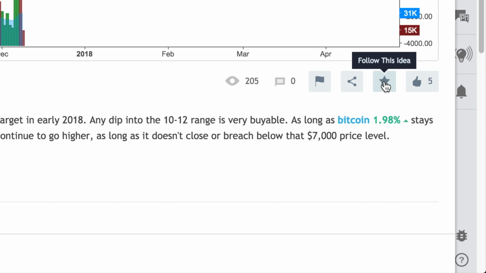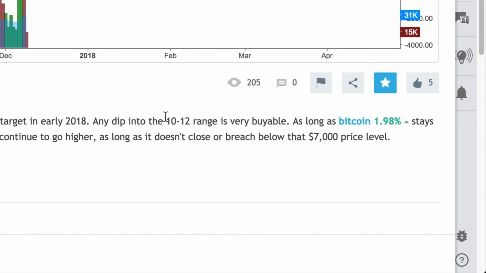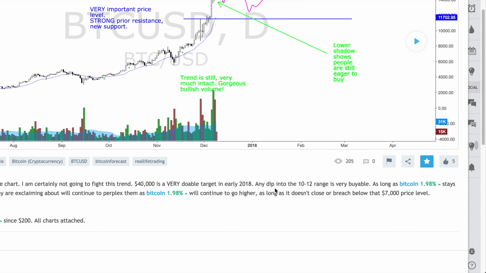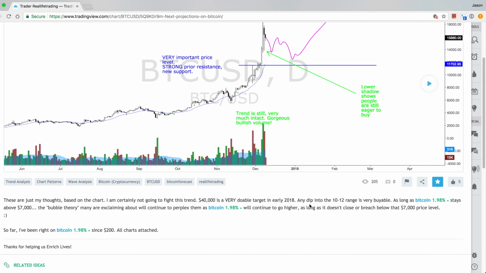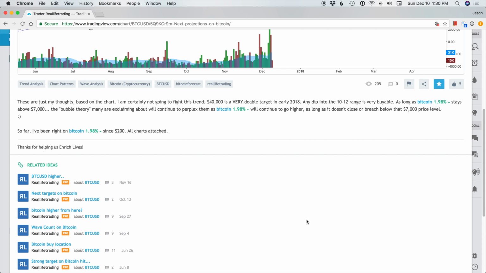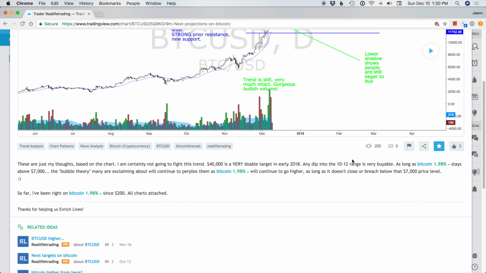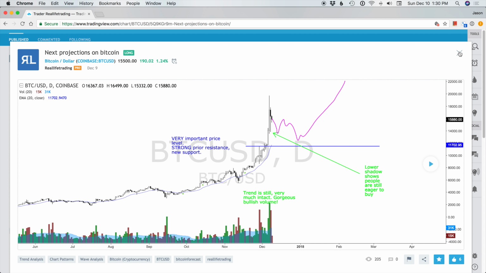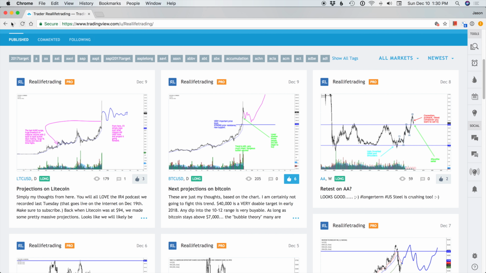And this little star button says follow this idea. And if you click on it, it turns blue. And that means I only really want to be notified when there is new information related to this idea on Bitcoin that Real Life Trading has published. That's very powerful, just the ability to do that. You can give thumbs up, which means this is a very interesting topic. I like it. Okay, and now if you close this and you go back to your